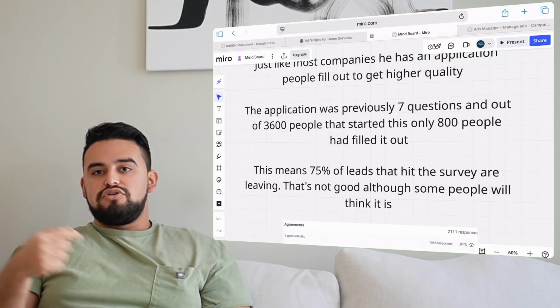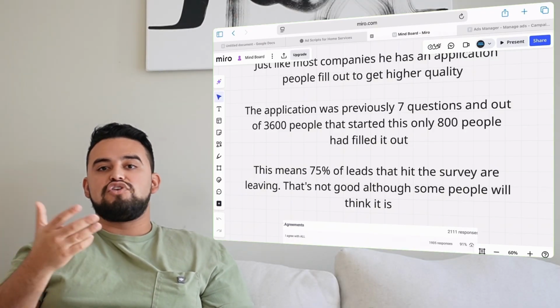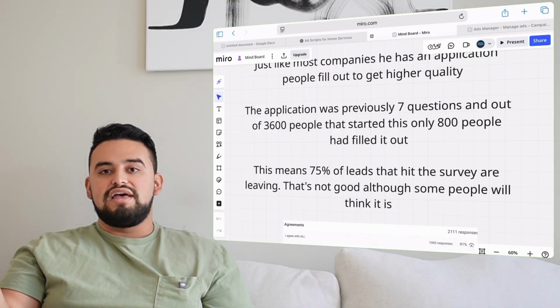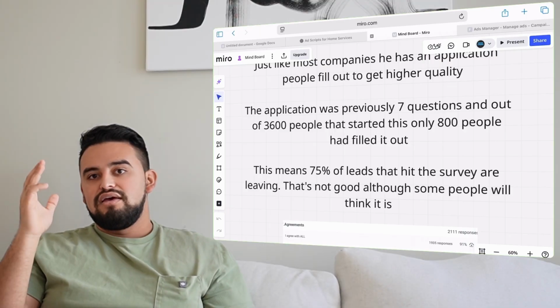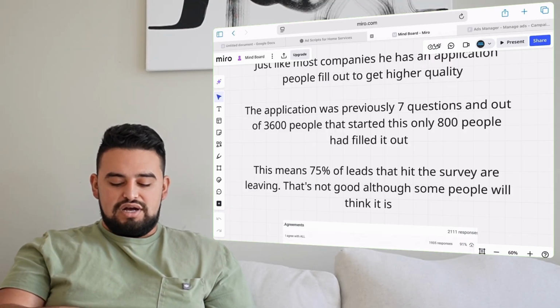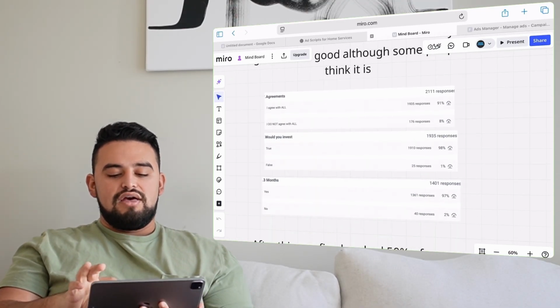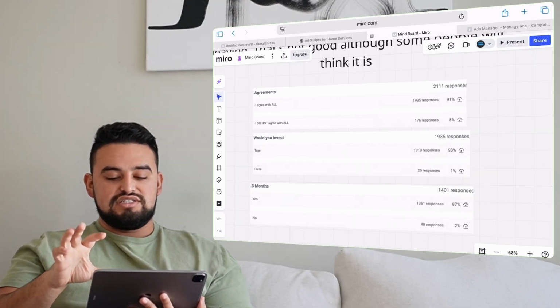Now, most marketers, most people who run ads think, okay, great, we have a huge dropout. This means that it's going to be qualified leads. This means that they're going to be higher intent. Yes and no. So the issue was, if we take a look right here, with the actual questions themselves, there